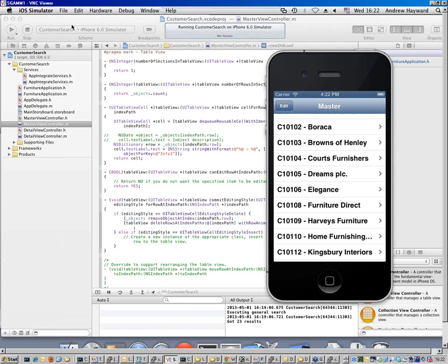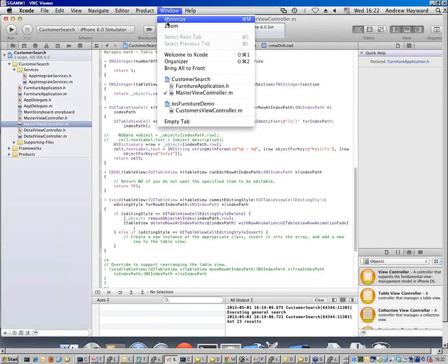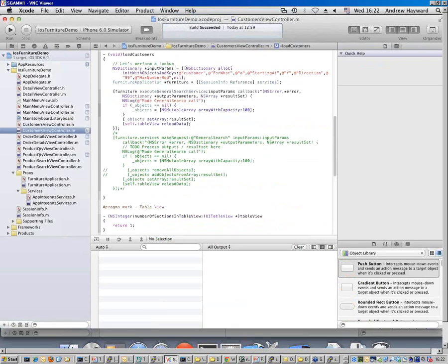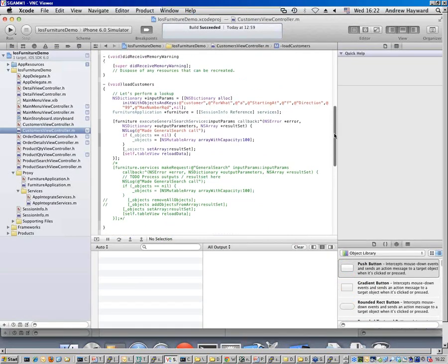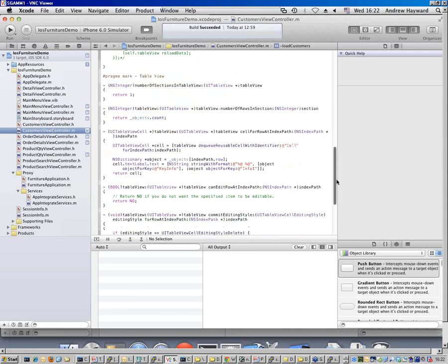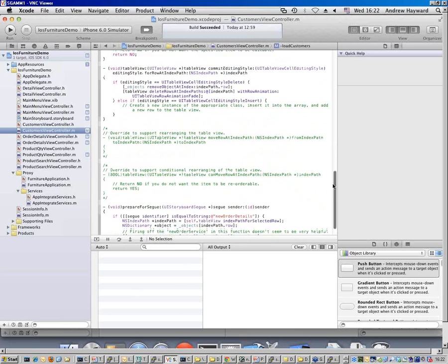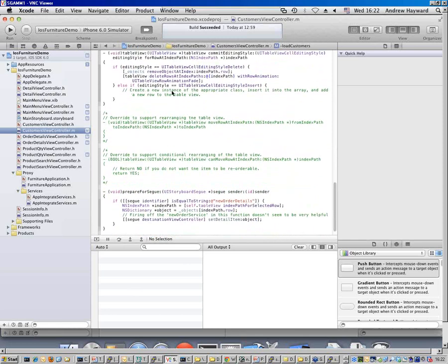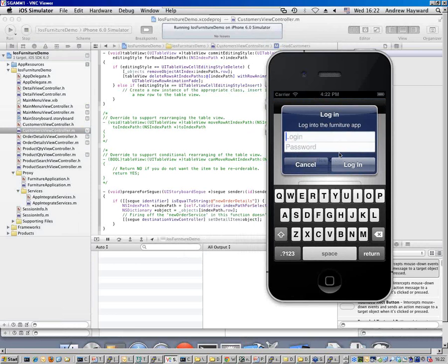So, coming back to our Mac session, I'll stop that and bring up a different project which shows you the furniture demo. Here I'm making the same sort of calls, but I'm also passing a session ID. So it's a bit like making a call to a web application where we store a session in a cookie, but in this instance we're storing the session ID in the app. So here I will run this particular example where this calls multiple components. So here I've got the login. I'm making use of the login service,